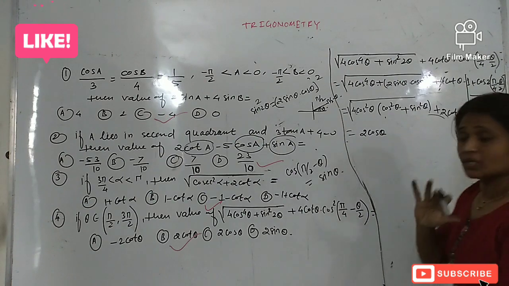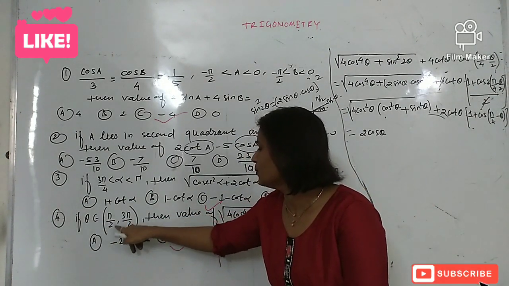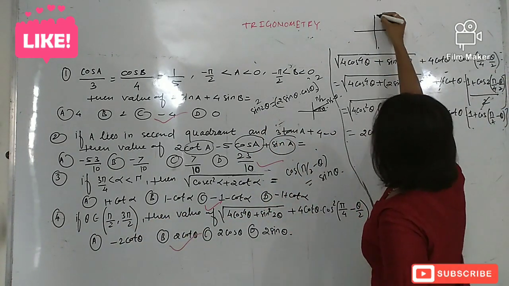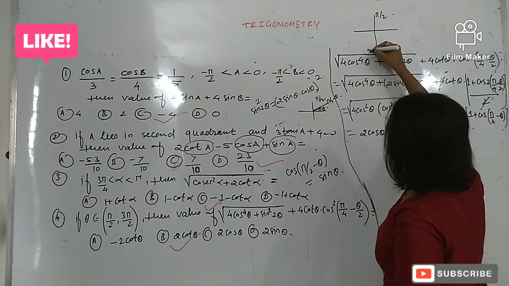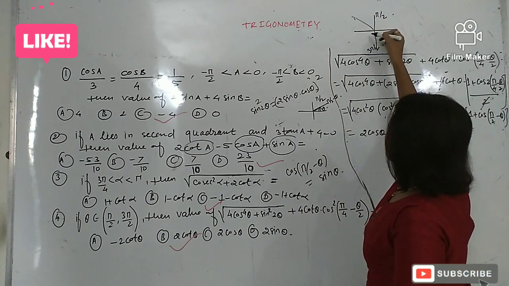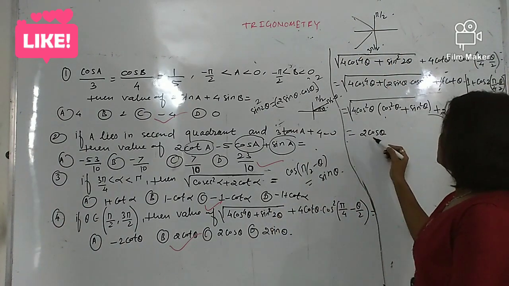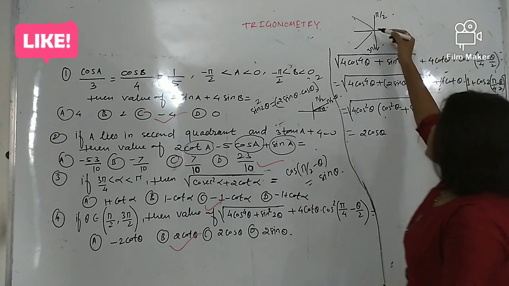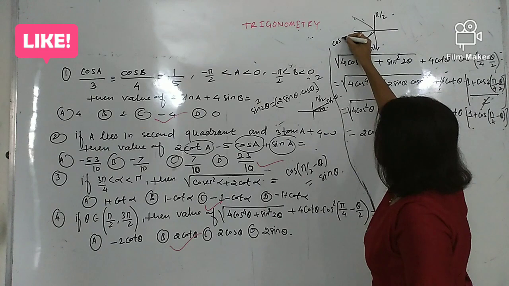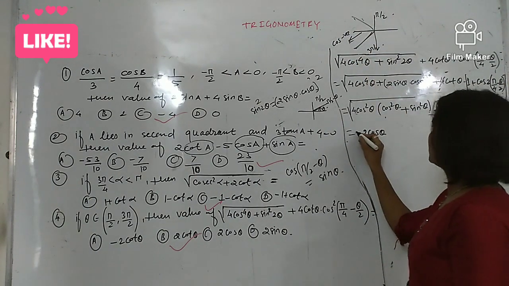But think about theta: theta belongs to pi upon 2 to 3 pi upon 2. So just draw pi upon 2 to 3 pi by 2. This is pi by 2 and this is 3 pi by 2. So theta belongs to the second quadrant or third quadrant. Okay, so this cos theta for the second or third quadrant is negative. So we have to give the negative sign here.